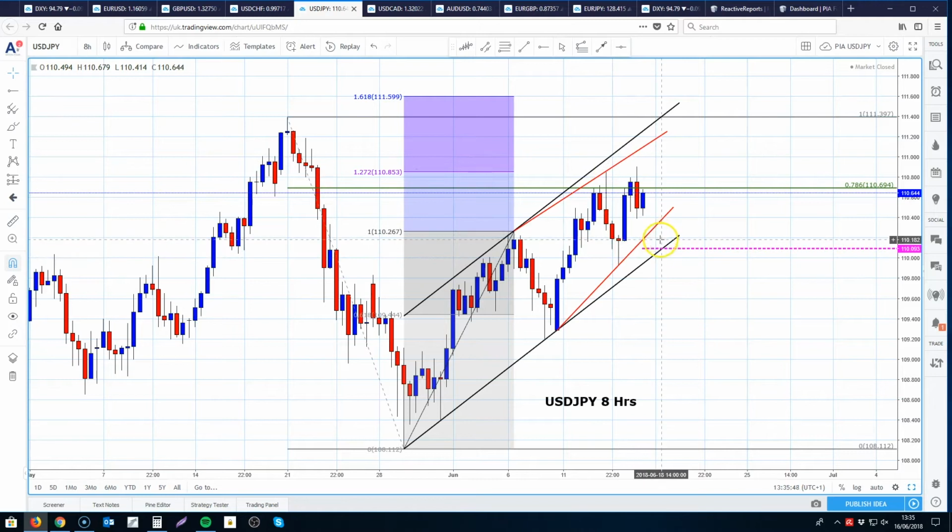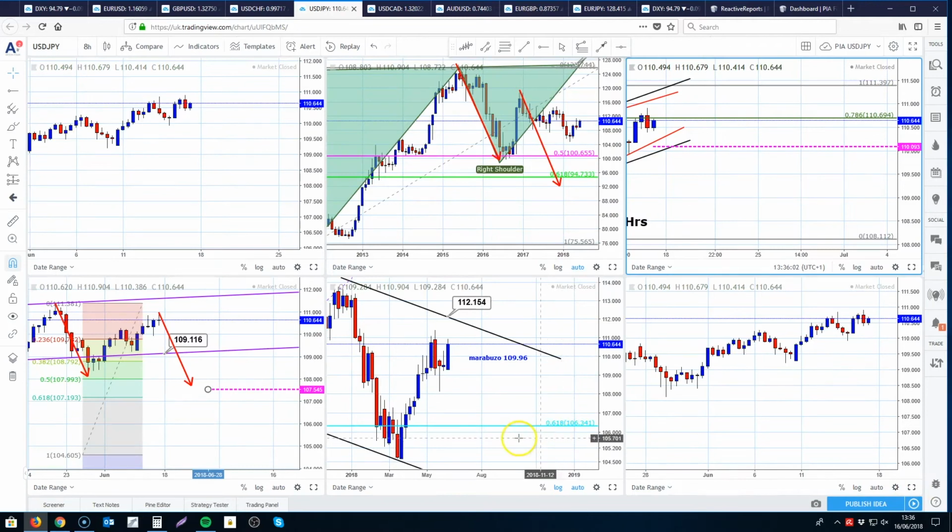We've got our trend line support coming in around about 110.18, and then bespoke support coming in at 110.09. So there is support to the downside, but with outside bars also posted on the 8-hour chart from the highs on Friday, the potential for the upside is probably pretty limited as well. So at the moment,